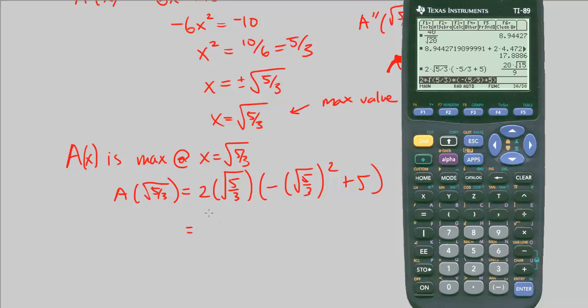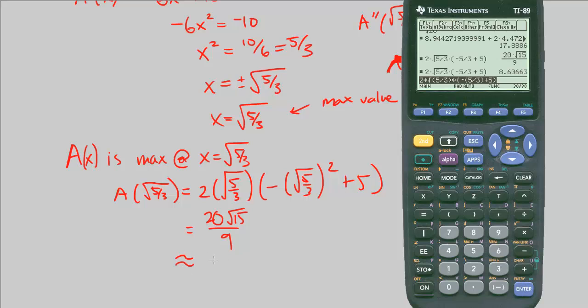We get the exact value for the area is 20 square root of 15 over 9, or approximately, I'm going to click the diamond, enter, 8.60663, and these are units squared. Okay, so that's the area, and that's the maximum area for our rectangle. Alright, let's go on to